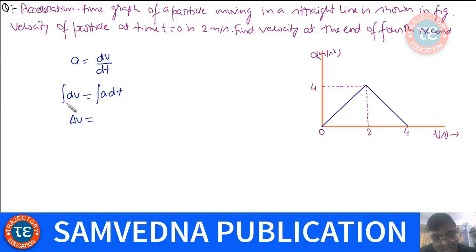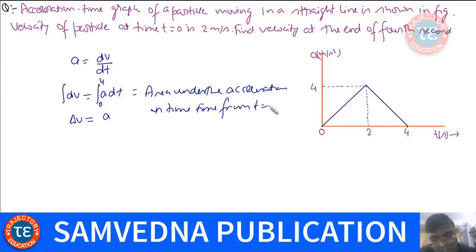So the integral of dv is delta v, and this integral will be a dt from 0 to 4. So what is this? This is the area under the acceleration versus time graph